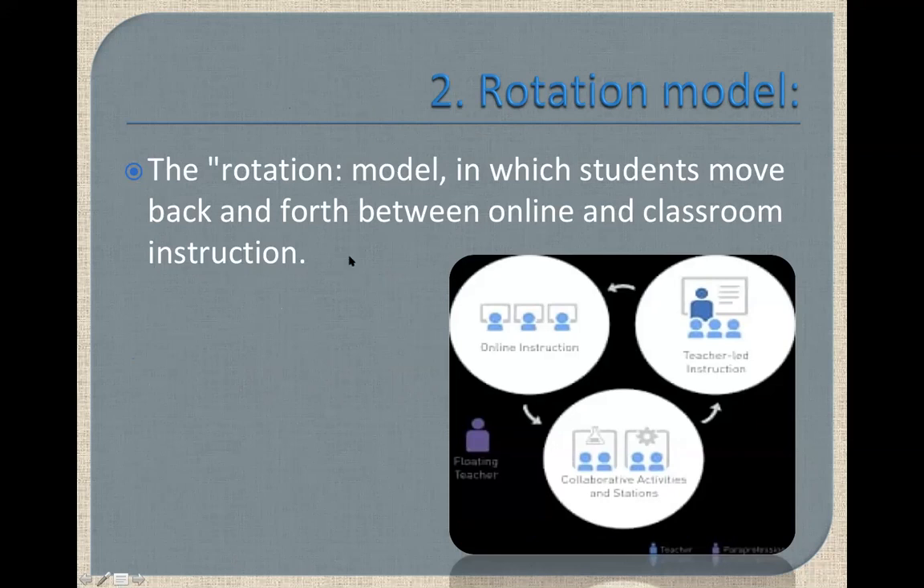So second, where I talk about the rotation model: the first is online instruction, the second is teacher-led instruction, and the third is collaborative activities and stations. So when we talk about online instruction, yes, obviously, as I said yesterday, we were studying all together. The teacher is giving instructions to the students on how this technology should be used and taken further, because there are many distractions and everything. So the instructions are being given by the faculty or by the technology to be used,